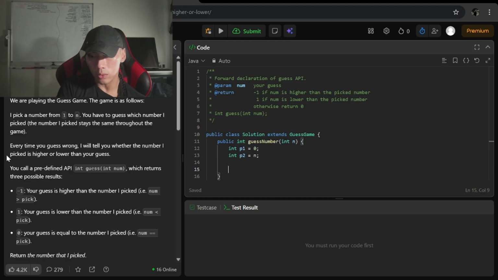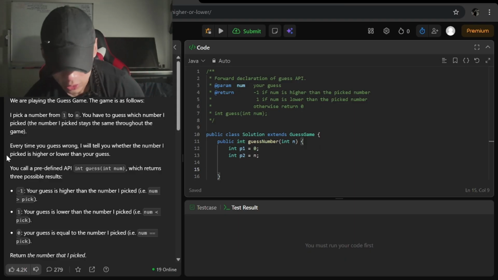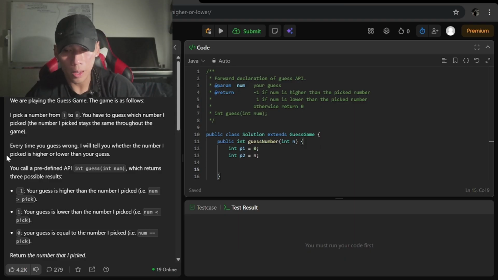So we'll have middle, which will be our guess. We'll pass it in to the int guess, integer num, and have that guess result and use conditions based off what it returned.